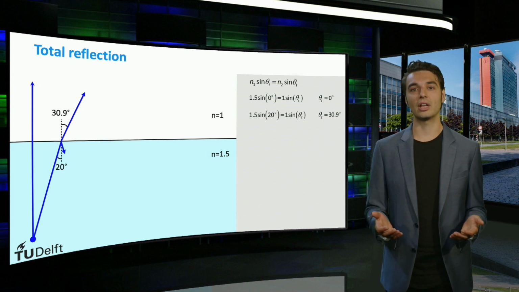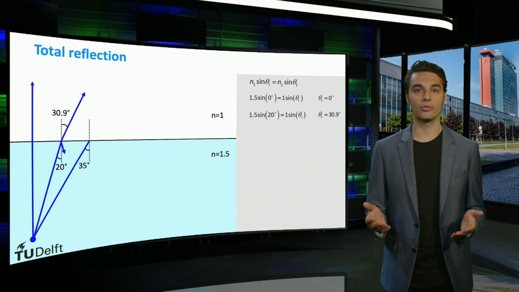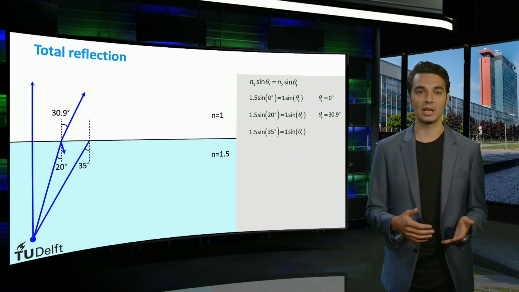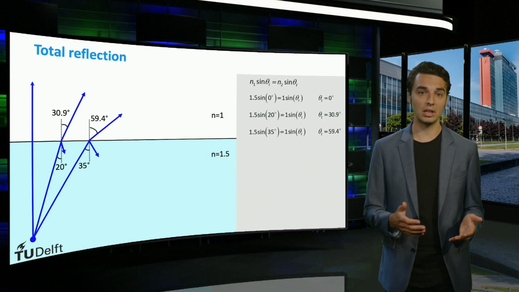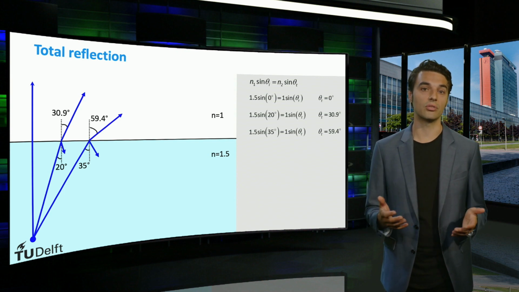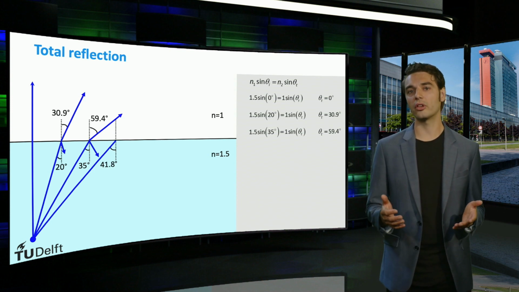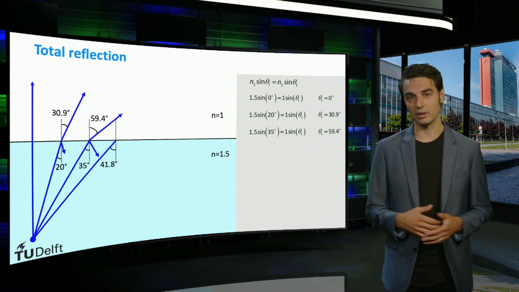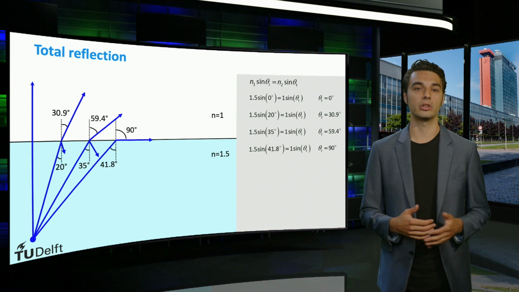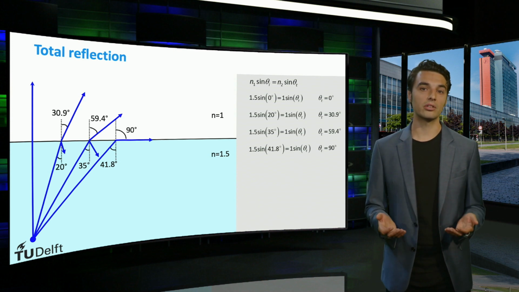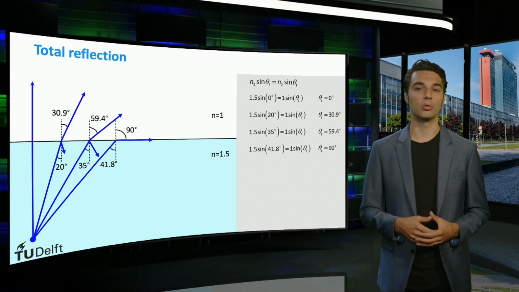A fraction of the intensity of the beam is reflected. A beam with an angle of incidence of 35 degrees is refracted at an angle of 59.4 degrees. This shows that as the angle of incidence increases, the angle of refraction increases even more strongly. When the light beam is incident on an angle of 41.8 degrees, Snell's law shows that the beam will propagate perpendicular to the plane of the incidence. This angle of incidence, for these particular refractive indices, is known as the critical angle.